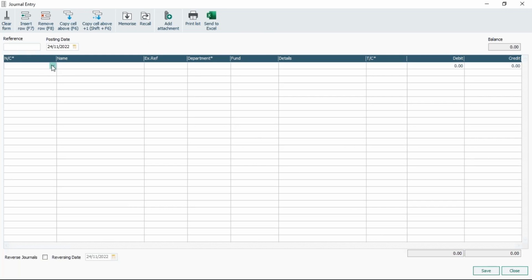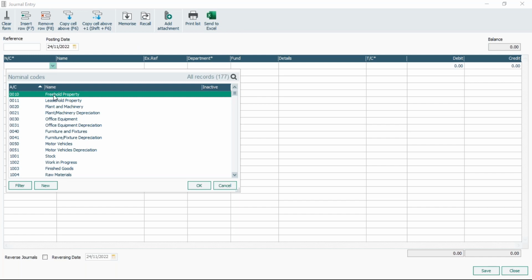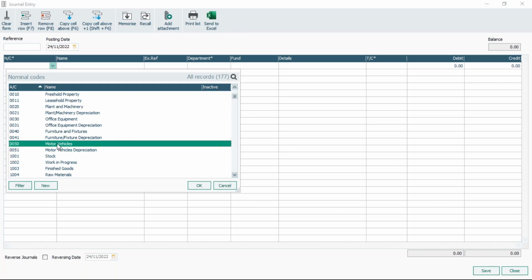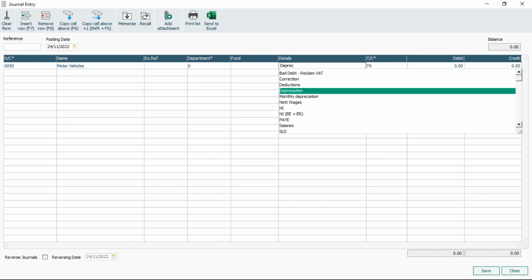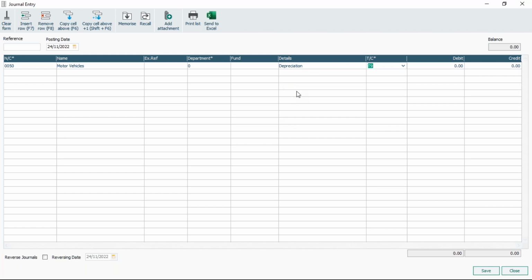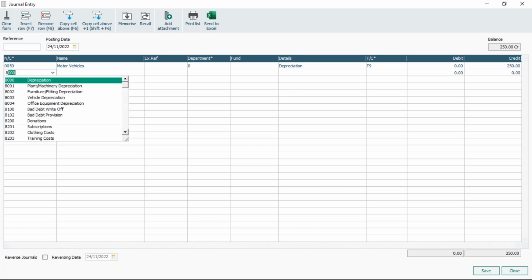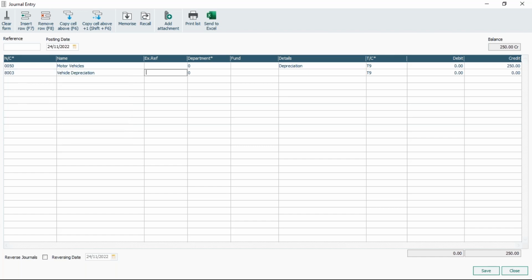Now, if I just pick on the same journal that I've literally just entered. So what we'll do, it was motor vehicles. Should maybe just go off the drop down. I'll select it, there it is. And I'll do a slightly different value this time, so you can see it doesn't mix in with the previous example so much. Again, F6 to copy the information down, and then we'll do 250 in that one as well. Now, before I save it, if I save it, that would enter the journal onto my audit trail, so post